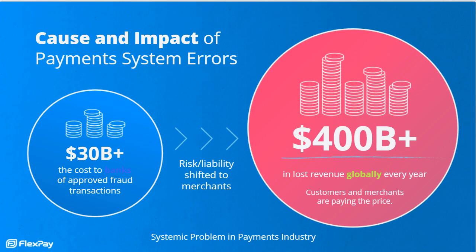And as a result of that, they are declining large numbers of legitimate transactions where the customer wants to buy the product, they have credit to be able to make the purchase, and the credit decisions are still being declined. So this $30 billion in bank losses now translates into over $450 billion in lost revenue globally for merchants every year. And these are systemic problems in the payments industry that are not well understood, but for the subscription industry,